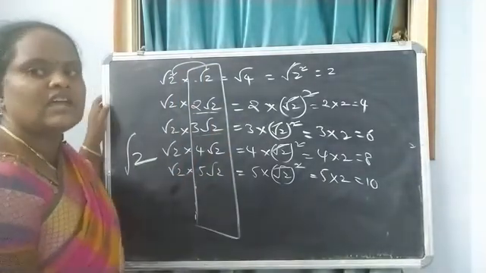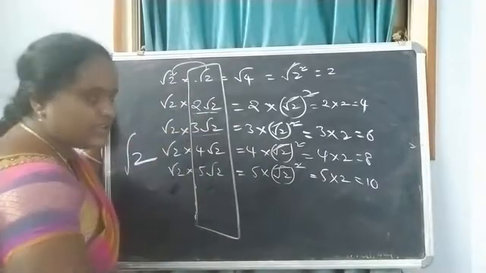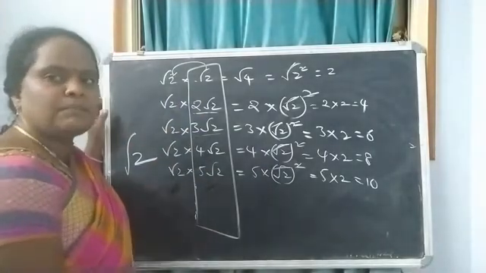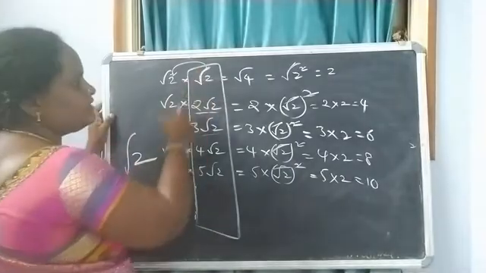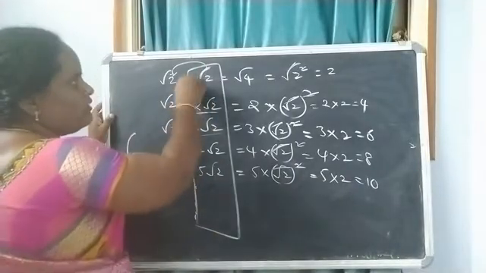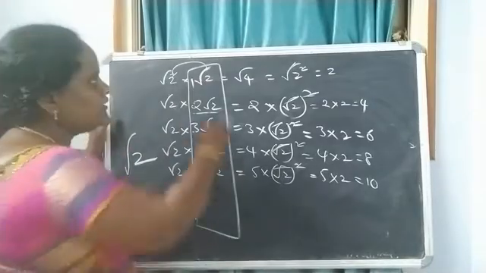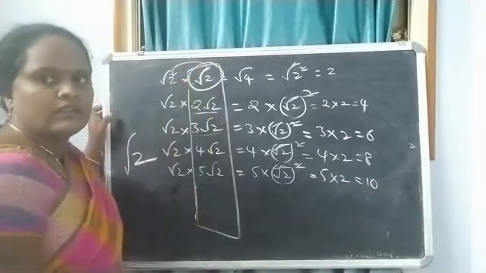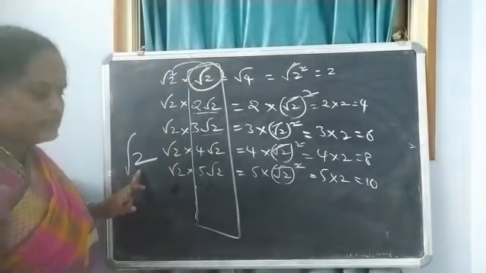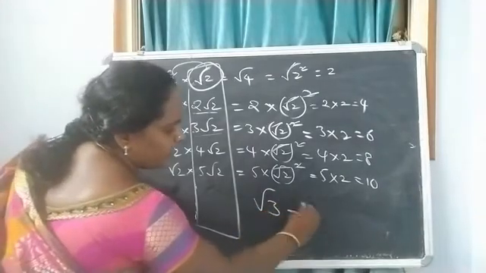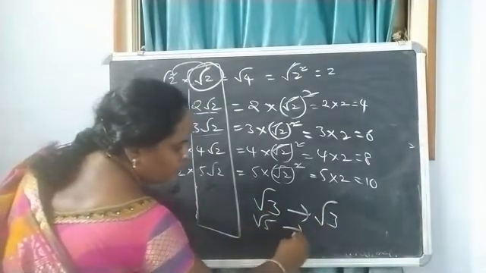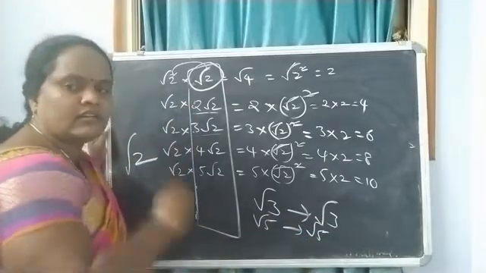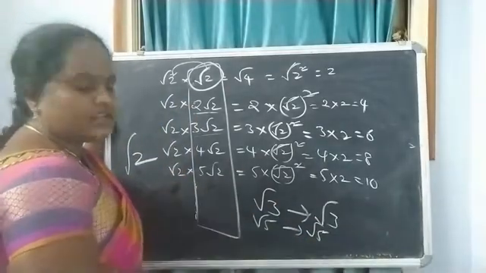But while solving the problems, we use the simplest one. Which is the simplest and lowest one out of all these? That is root 2, which is having 1 as the quotient. That is, root 2 is the rationalizing factor of root 2. In the similar way, for root 3, root 3 is the rationalizing factor. For root 5, root 5 is the rationalizing factor. For root 7, root 7 is the rationalizing factor.